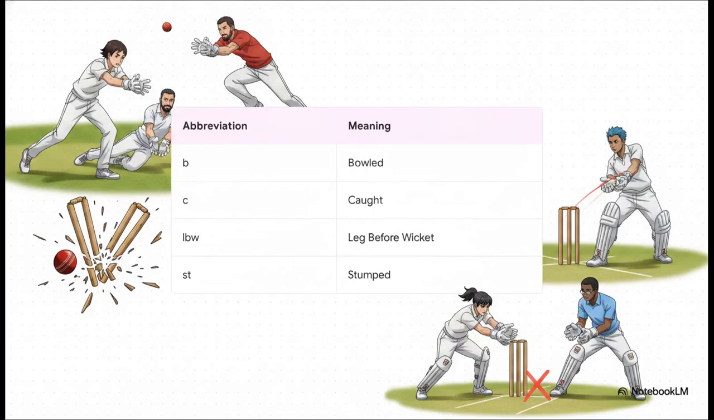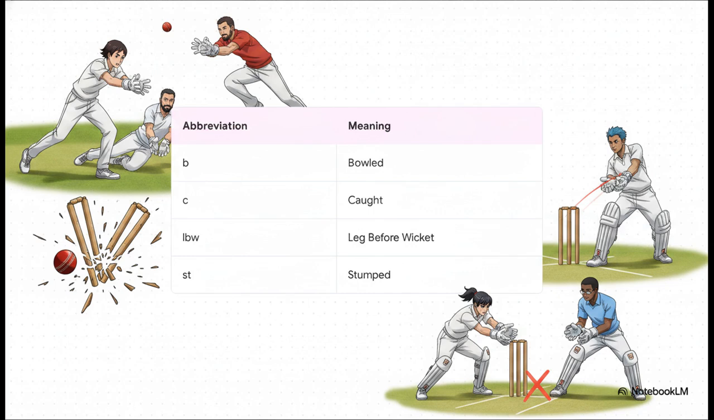Under that how out column, you'll encounter a bunch of common abbreviations telling you the exact method of a batter's demise. A simple B means they were bowled directly. A C means they were caught, and this is usually followed by the name of the fielder who caught it, and then the bowler who gets the credit. LBW stands for leg before wicket, which is a highly technical dismissal where the batter's leg blocks a ball destined to hit the stumps. And ST means stumped, usually pulled off by the wicketkeeper when the batter steps out of